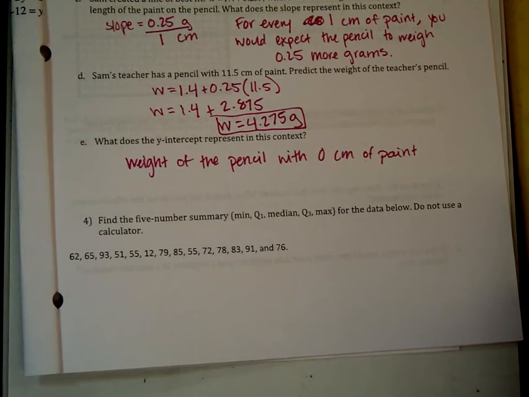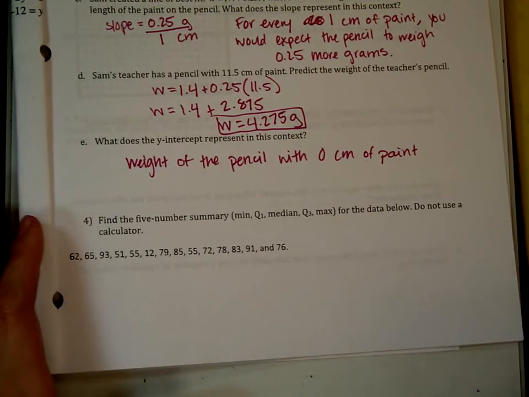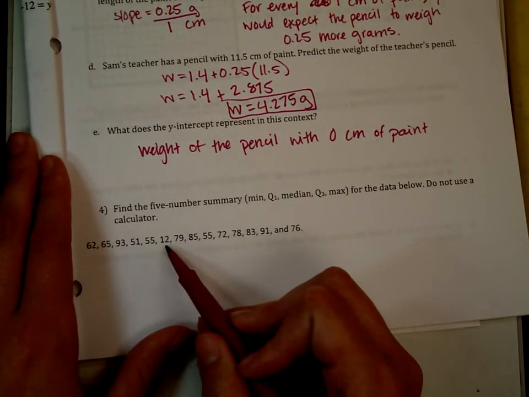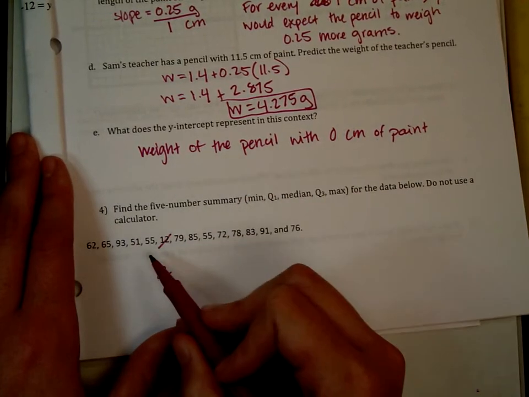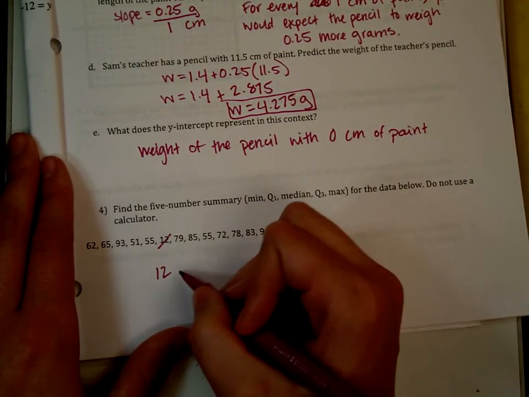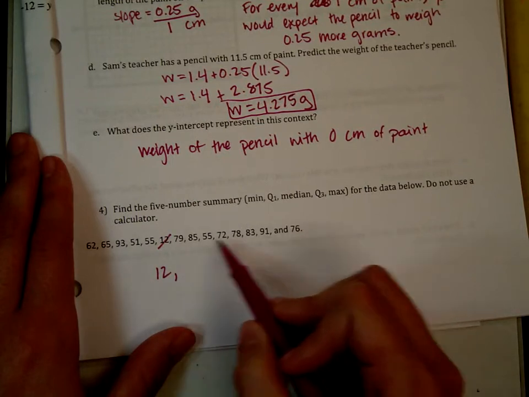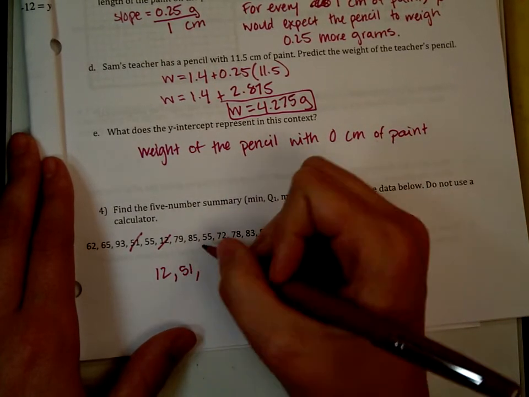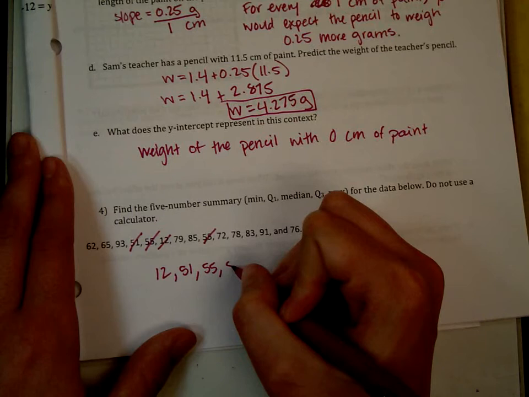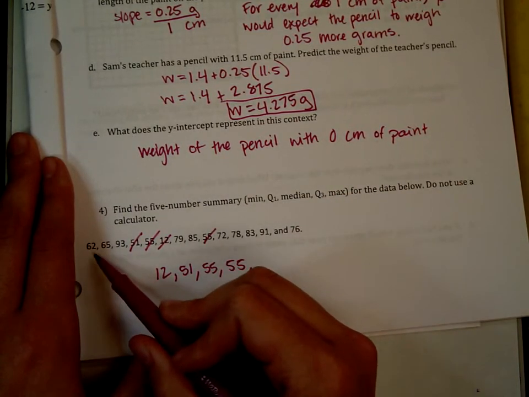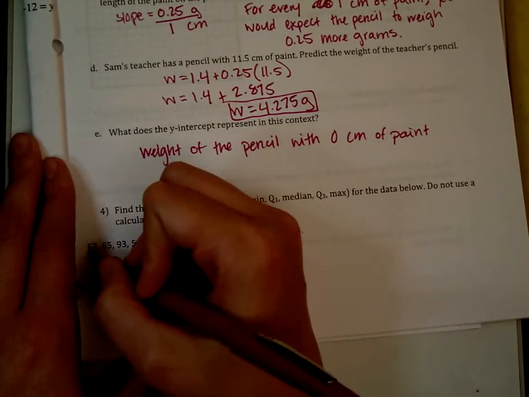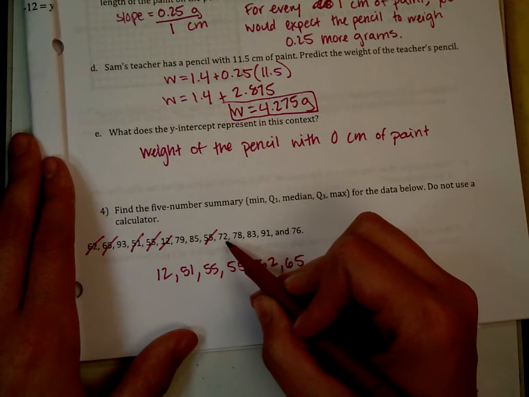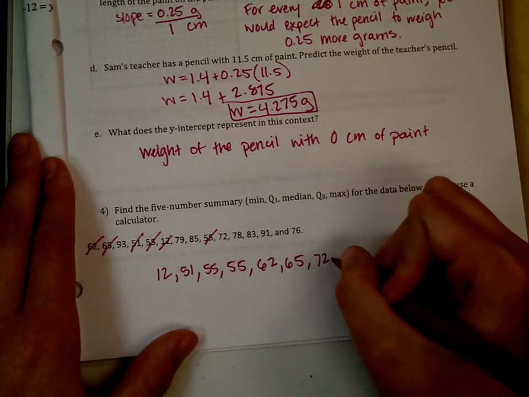Okay, find the 5-number summary for the data below. Do not use a calculator. So the first thing I need to do is put them in order. So let's see, I see 12 first. And then, in my 50s, so 51, 55, 55, 62, 65, 72, and then 76, and then 78,